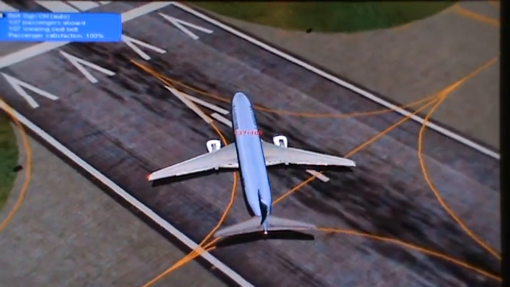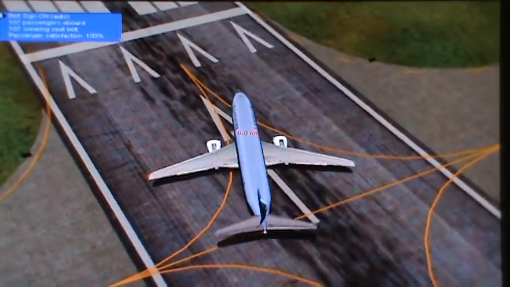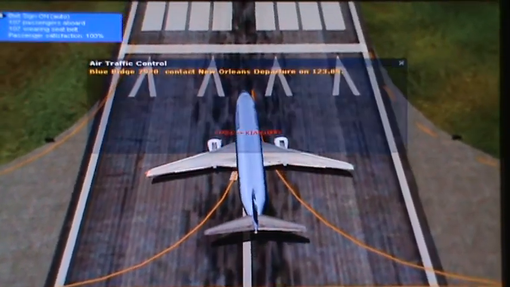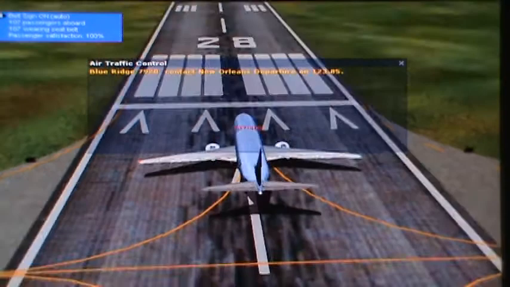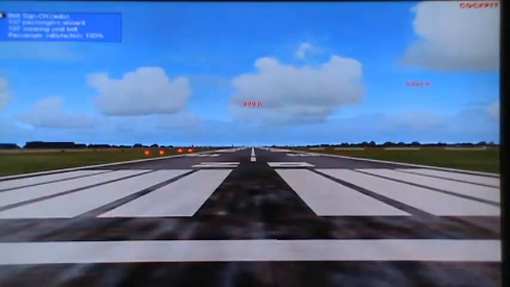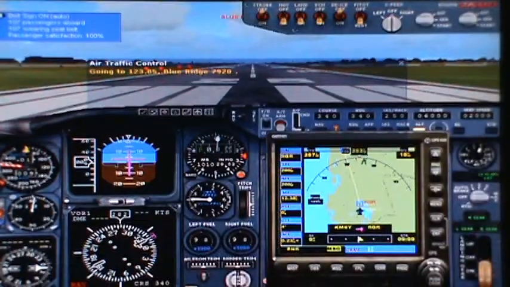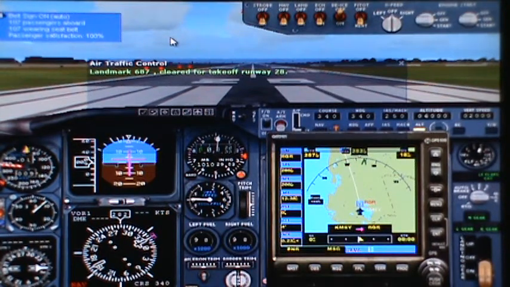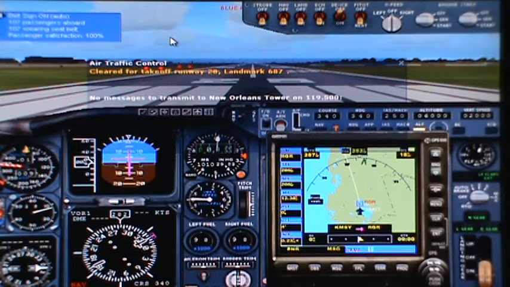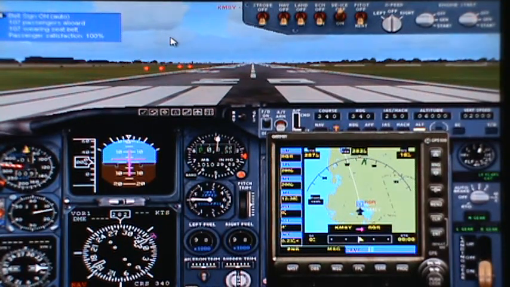It's been so long since I've done a flight. Oh man. Ourselves as straight as we can get. Alright, so we're about to get cleared for takeoff, meaning I'm going to need to turn my strobe light back on. And here we go. Now we are clear for takeoff on runway 28. We're going to acknowledge it. And after I do a quick mental check of what I need to do, we're going to go ahead and